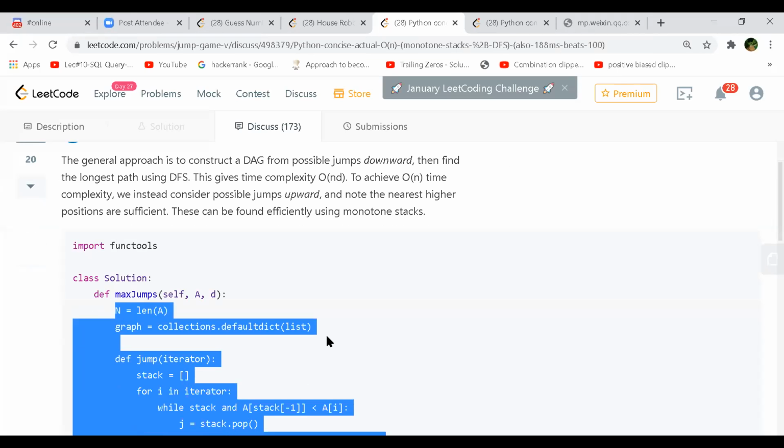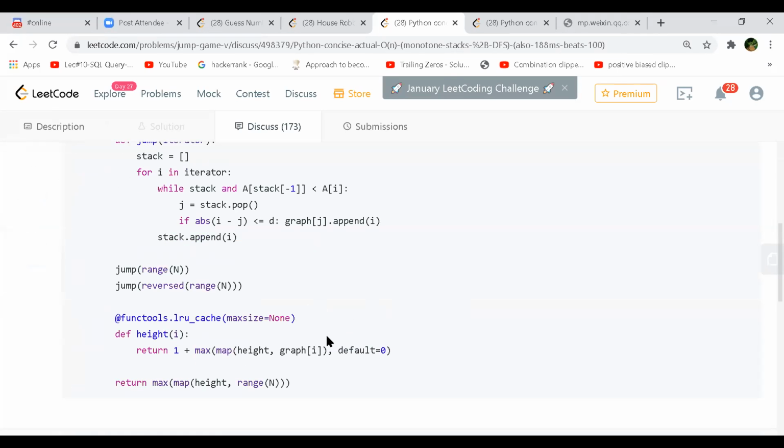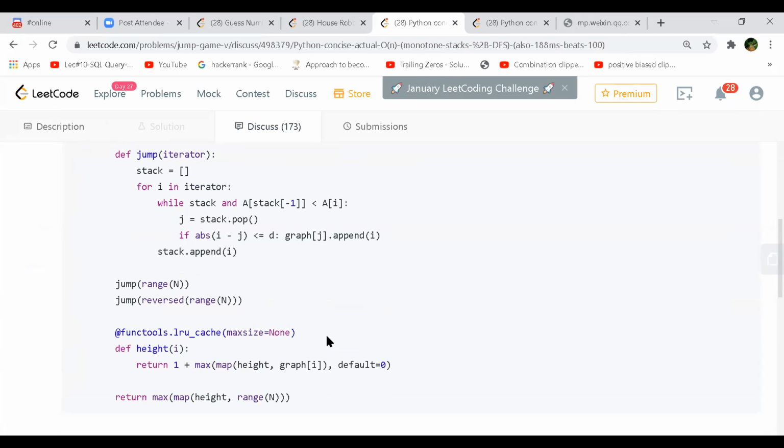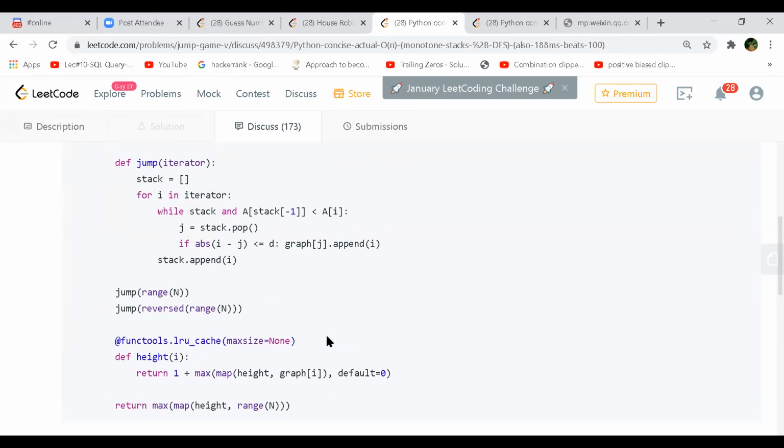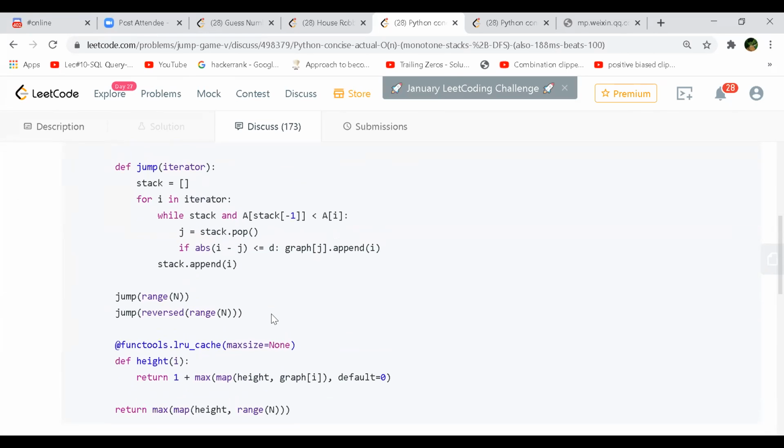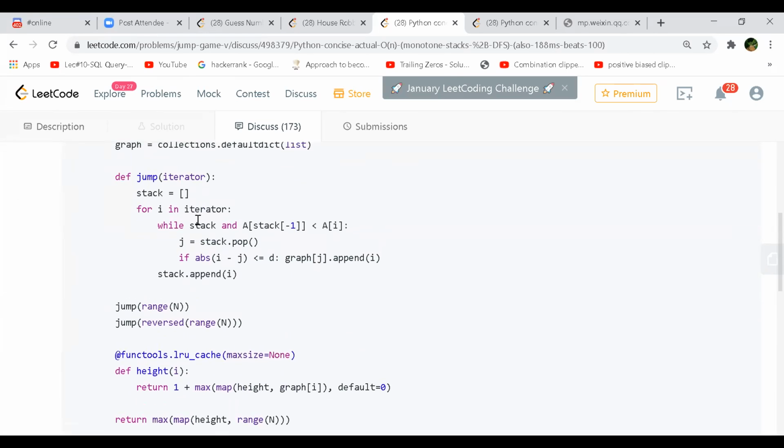So this one, it looks very, yeah, the one you're showing. And, okay, what about the LRU cache? What you're doing is a height one. So that is max. What is it caching that you are asking? Yeah. Okay, maybe we'll come to that later. Okay, so now what is your function doing, the main one?